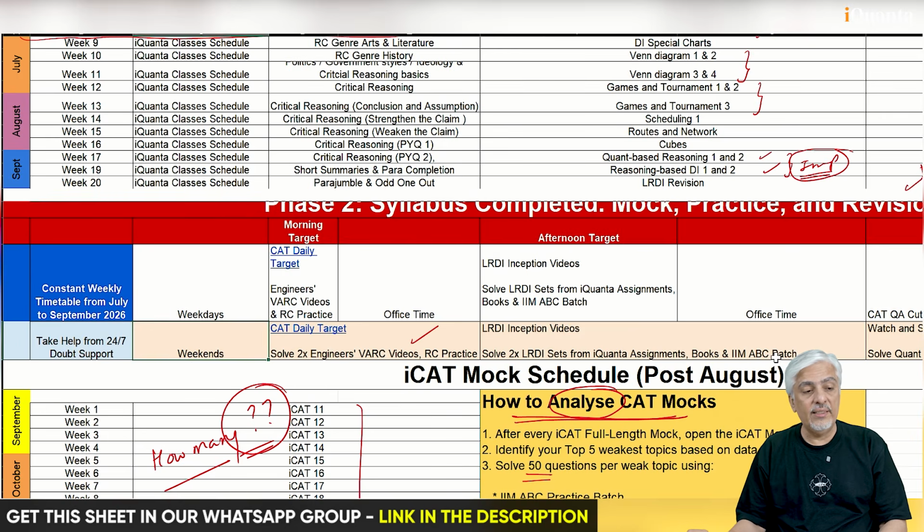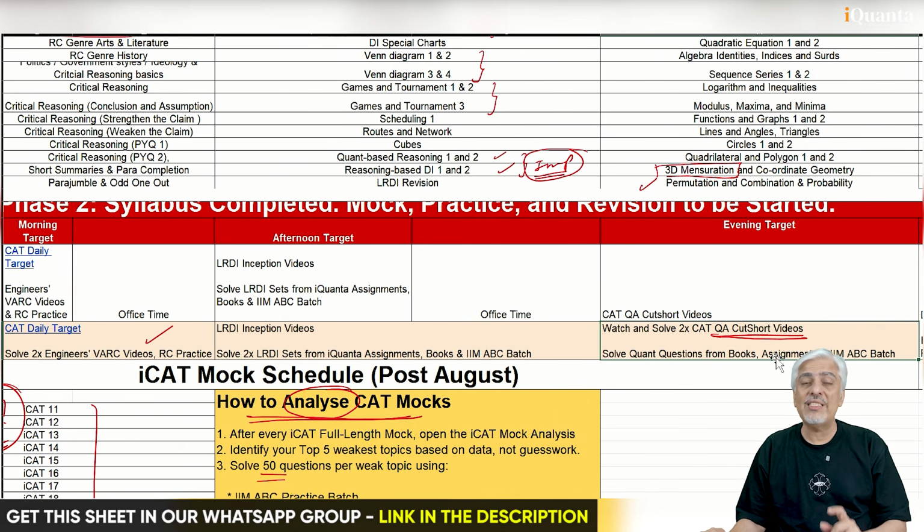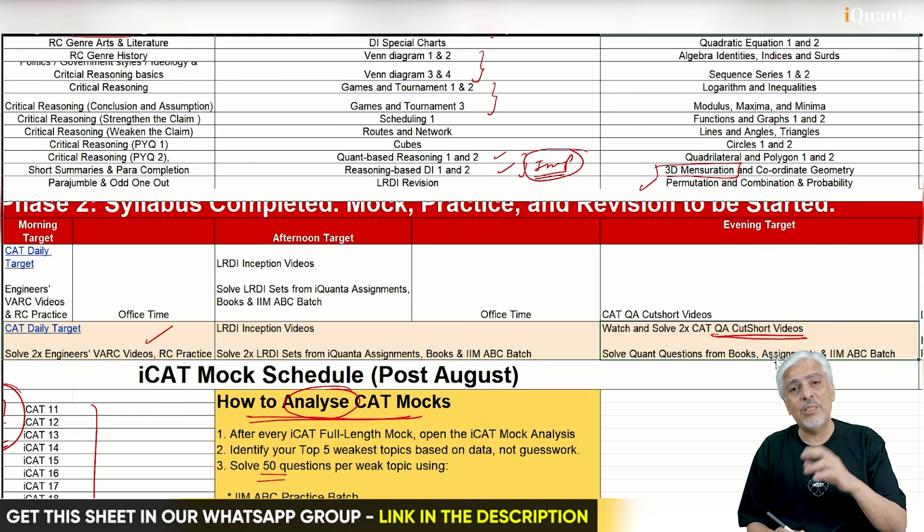So for example, if you look at the first part, geometry comes a little bit towards the end. And geometry is always a slightly weak area for students. So I keep telling people, through these next 3 months, spend every day 10 minutes on geometry, only 10 minutes. Now that 10 minutes you could spend anywhere. I don't even want you to maybe solve with a paper and pen. Just read a little bit about geometry.